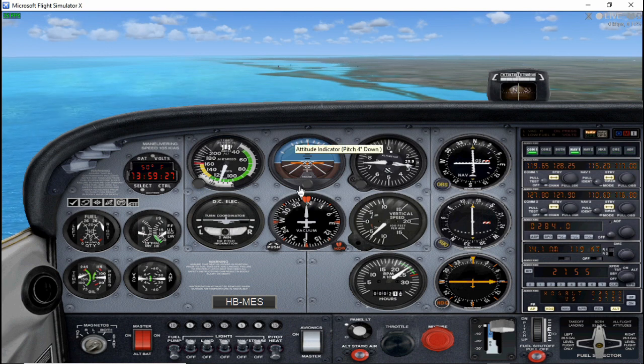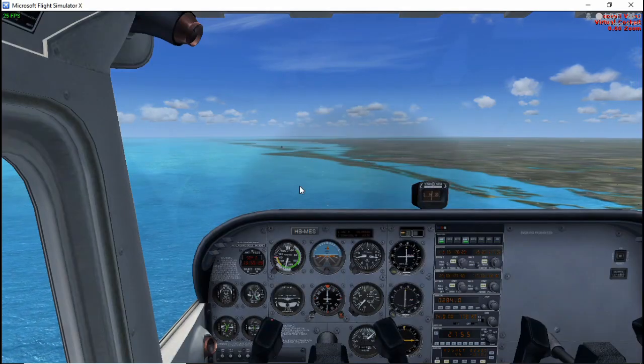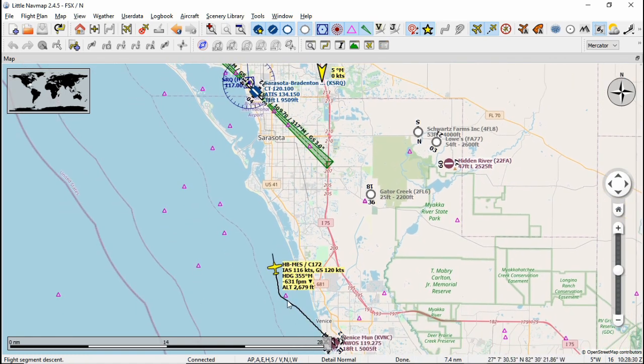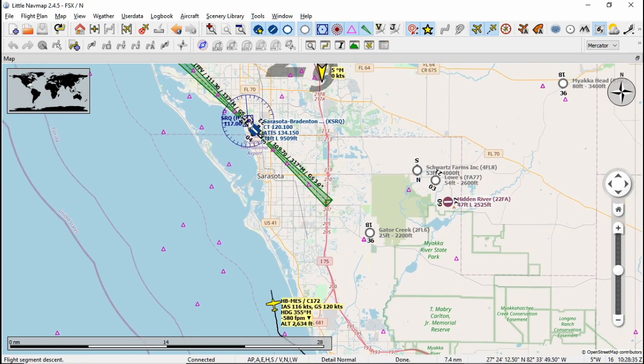You're right on course towards the VOR. If you see here, our plane turned to the right straight towards the VOR. Once we reach close enough, somewhere around here,